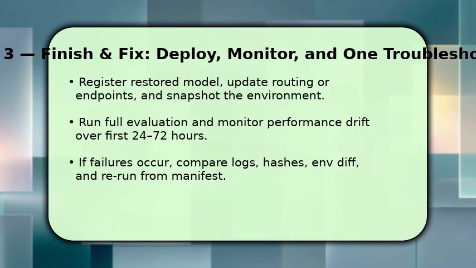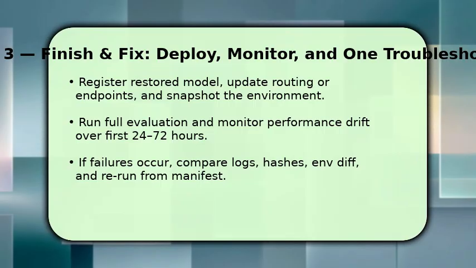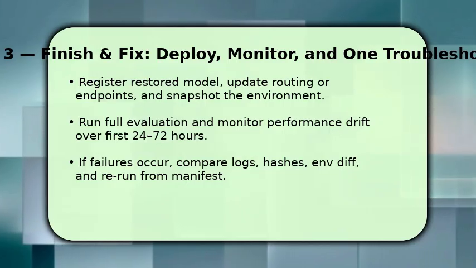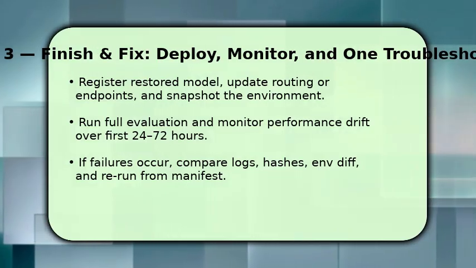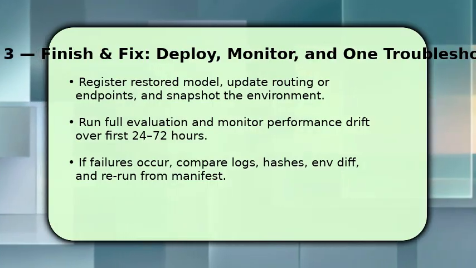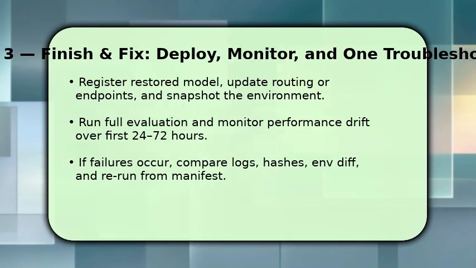You finish by registering the restored model and updating routing or endpoints. Snapshot the environment and manifest so you can reproduce the state. Once deployed, run a full evaluation and monitor performance drift over the first 24 to 72 hours to catch hidden